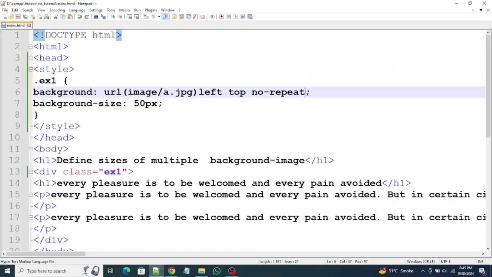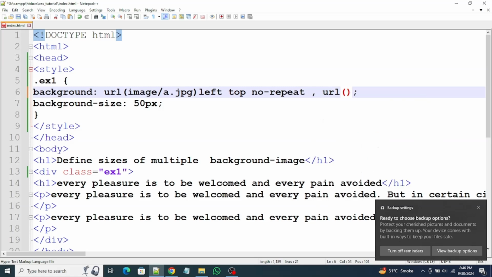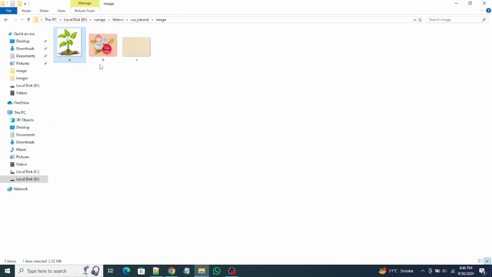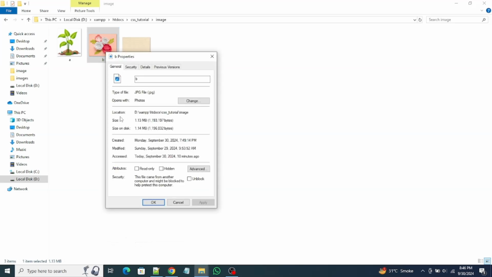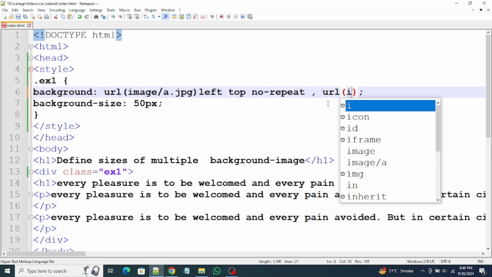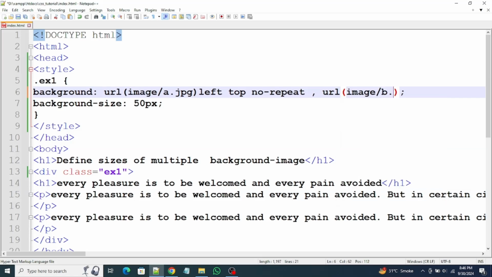Now we will use another image, comma, url and parentheses. In between parentheses, we will use an image. This is the b image. Right click on it, properties, type of file .jpg and size 1.13 MB. Image root folder name/b.jpg